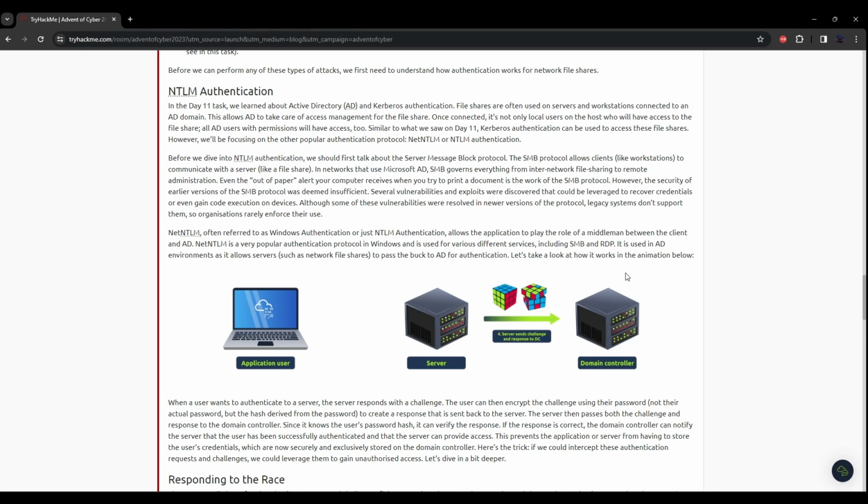Before we dive into NTLM authentication, we should first talk about the Server Message Block protocol. The SMB protocol allows clients to communicate with the server. In networks that use Microsoft AD, SMB governs everything from inter-network file sharing to remote administration. Even the out-of-paper alert your computer receives when you try to print a document is the work of the SMB protocol. The security of the earlier versions of the SMB protocol was deemed insufficient. Several vulnerabilities and exploits were discovered that could be leveraged to recover credentials or even gain execution on devices. Although some of these vulnerabilities were resolved in newer versions of the protocol, legacy systems don't support them,